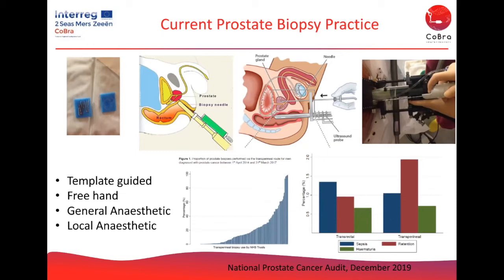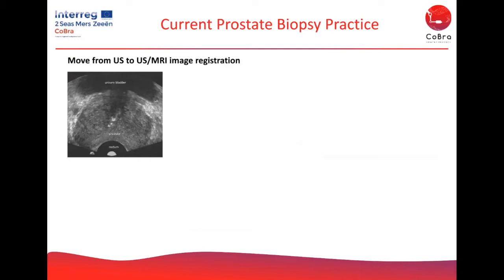And the likely reason for that is that the number of cores being taken has also increased because we have more access to the prostate gland. And there's a direct link between the number of cores taken and the likelihood of urinary retention. But in order to reduce the number of cores that we take, we need to have real confidence in the imaging. So at the moment, a lot of the imaging that we do is ultrasound based,